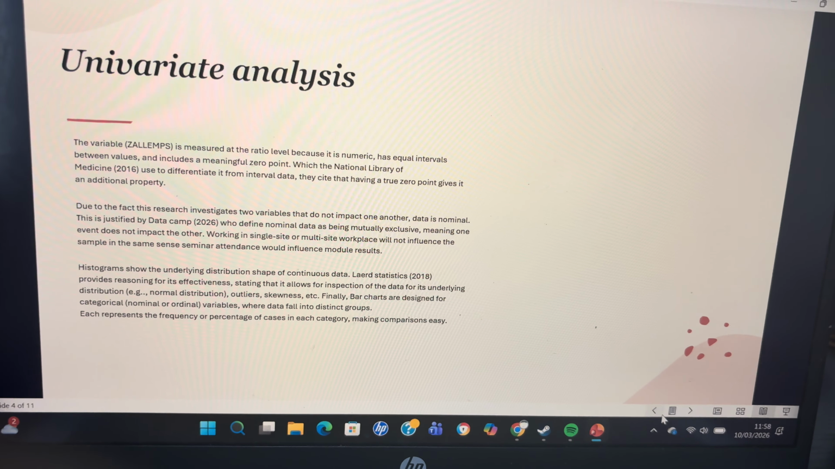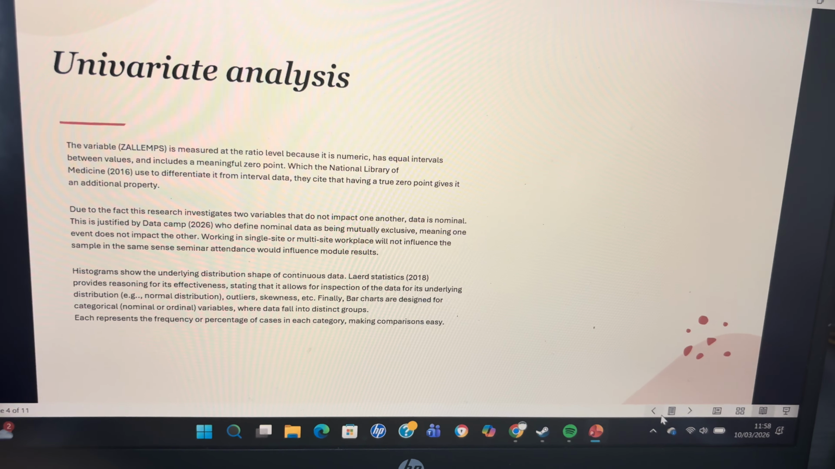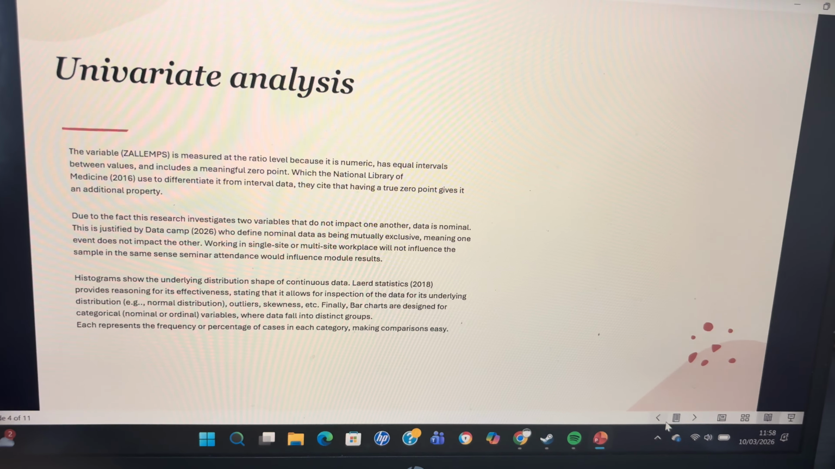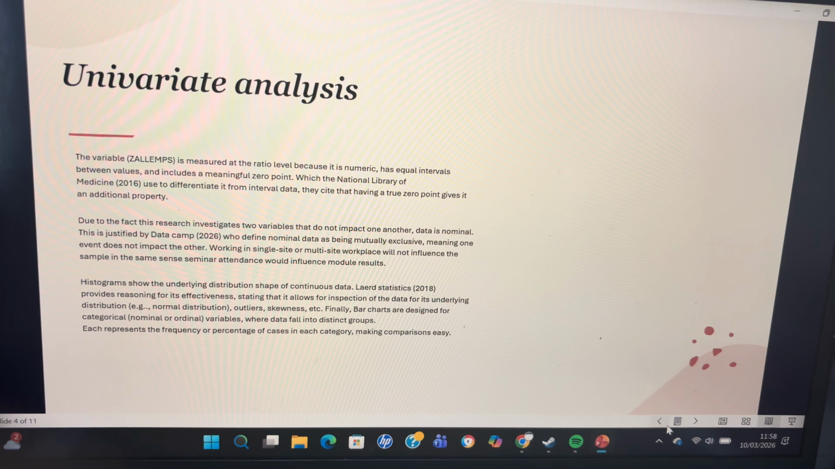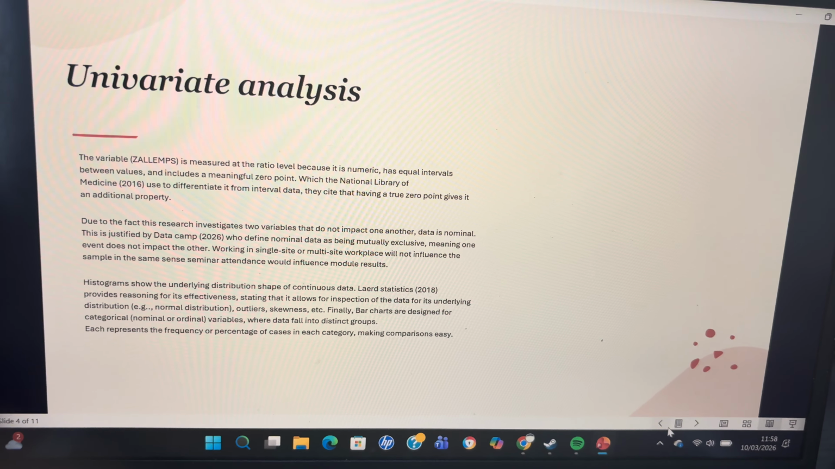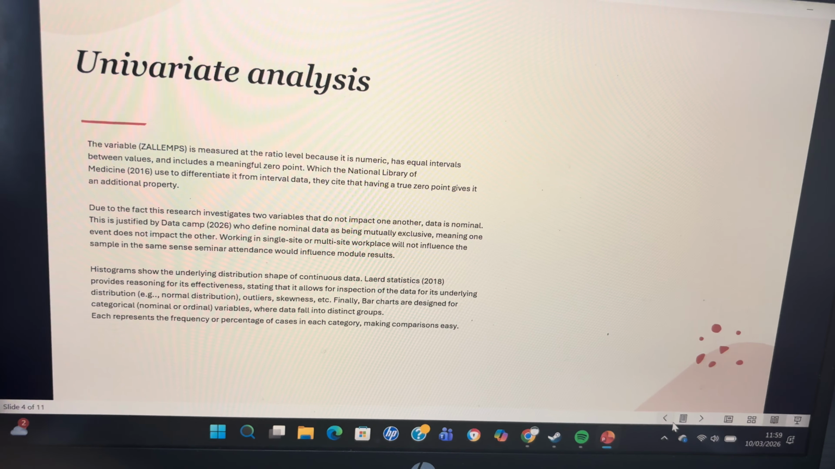Due to the fact the research investigates two variables that do not impact each other, data is nominal. This is justified by DataCamp, who define nominal data as being mutually exclusive, meaning one event does not impact the other. Working in a single-site or multi-site workplace will not influence the sample in the same sense seminar attendance would